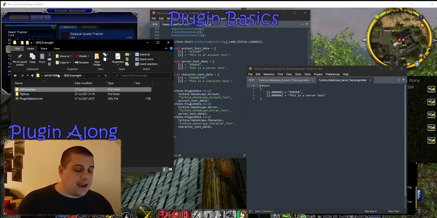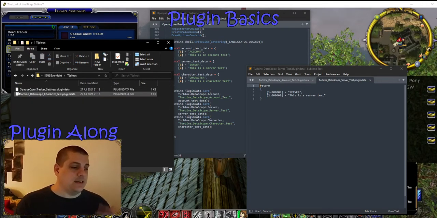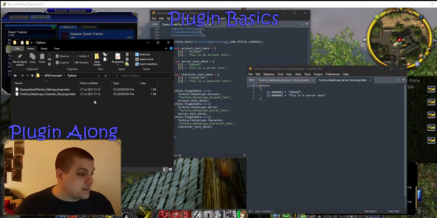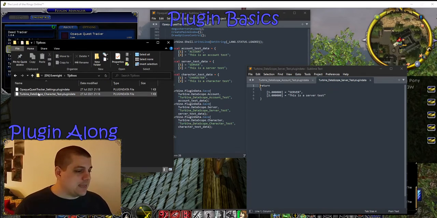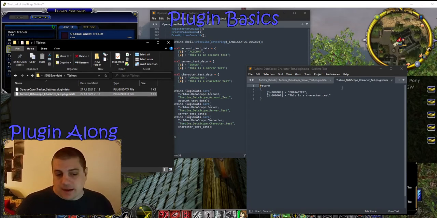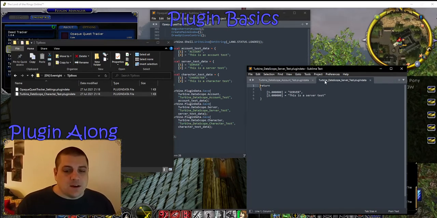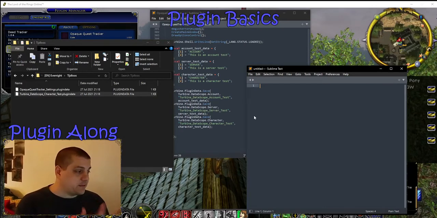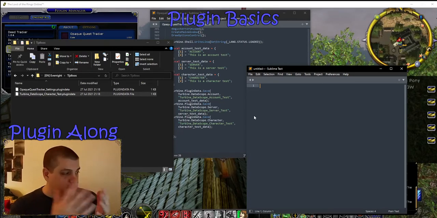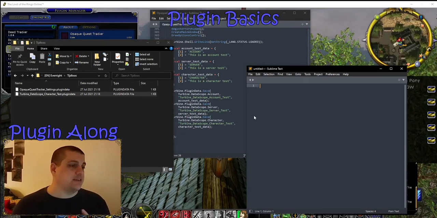Awesome. And finally, if something is at the character level, it ends up in a specific character named folder, like this one is in the titleless folder. And inside here, we can see character. This is a character test. Awesome. So you can have something very specific to just this character. And if you're logged on to a different character, the plugin cannot see the file at all. Or just this server. So if you're logged into a different server, the plugin can't see it at all. Or